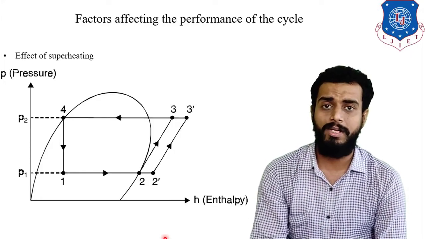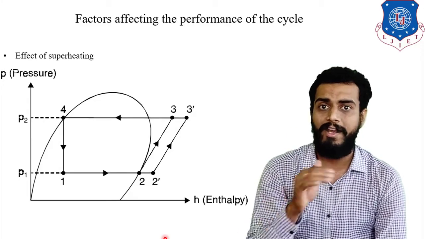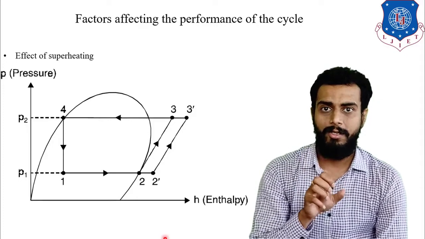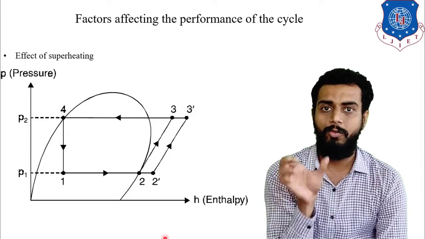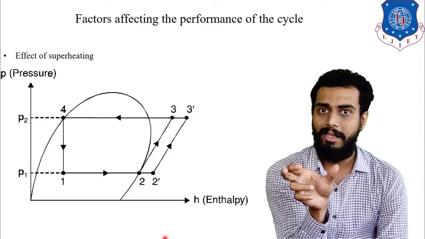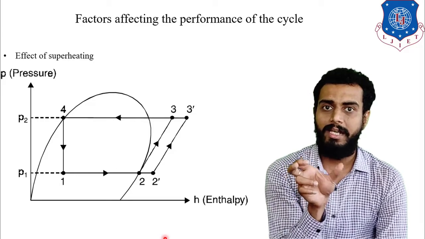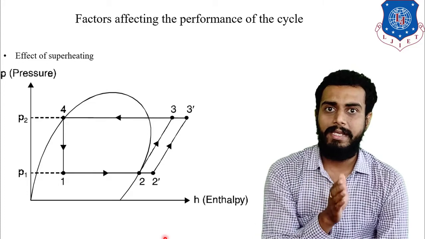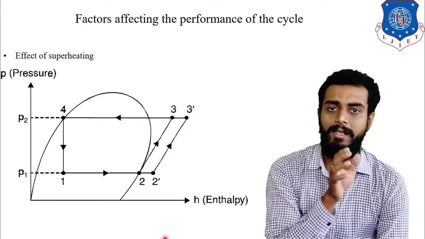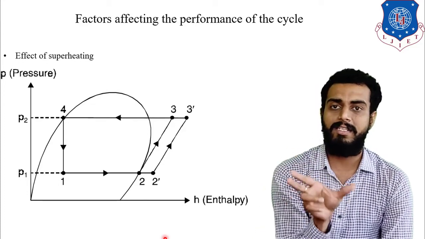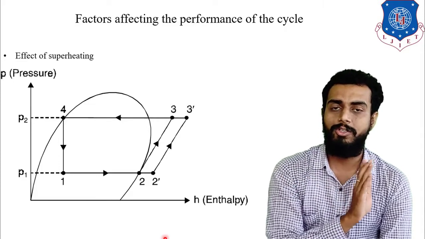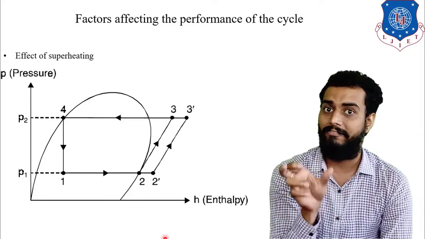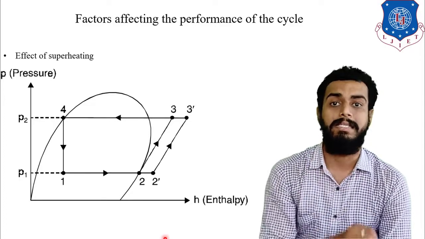Now observe over here, students, what will be the consequent effect of this superheating? Simple, refrigeration effect. So the evaporator will be between 1 to 2 point, right? Initially we had the refrigerating effect of H2 minus H1, and now by superheating, the new refrigeration effect is equal to how much? H2 dash minus H1. So now you can appreciate that the refrigeration effect has increased.